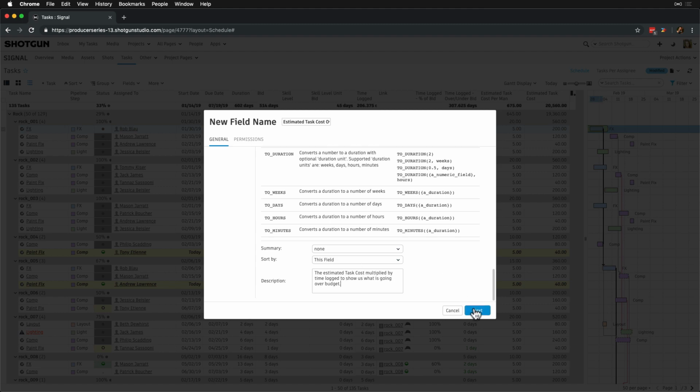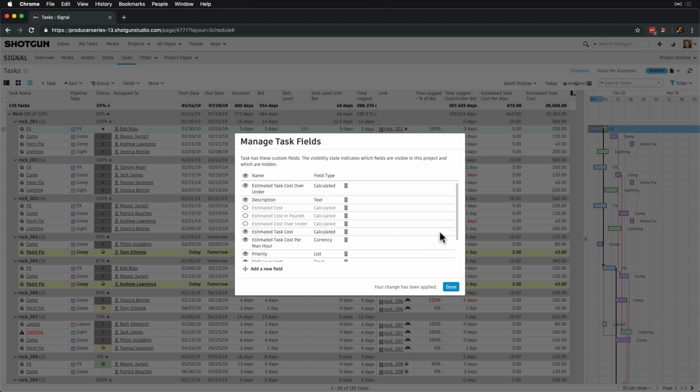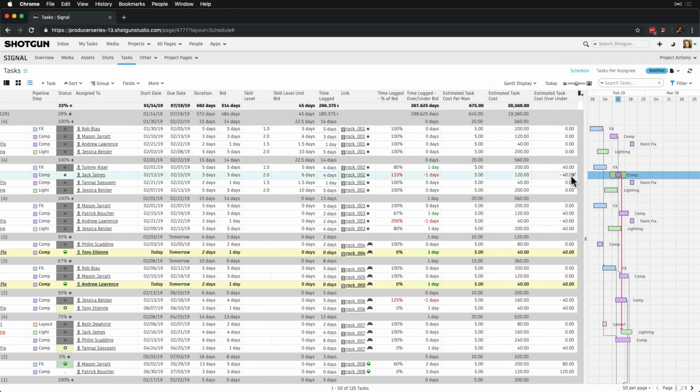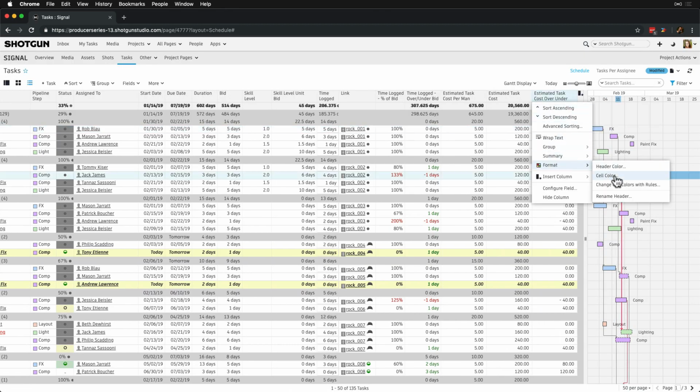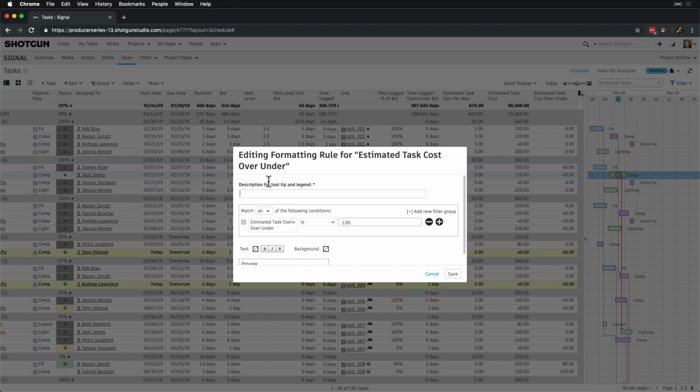This will show us where we're going over, and we can set up a page rule to further highlight which tasks are going over budget and by what amount, based on the estimated cost.